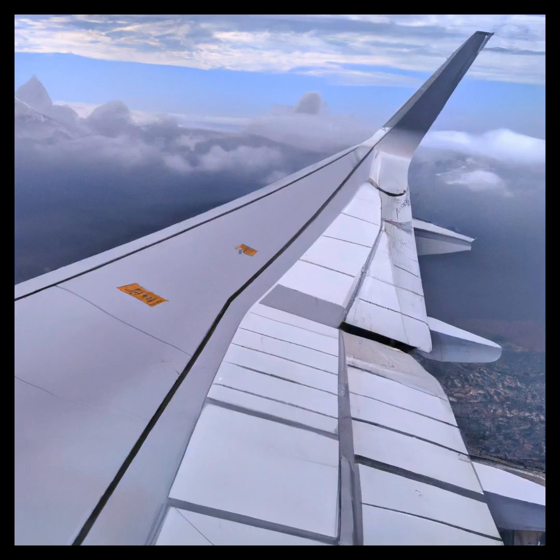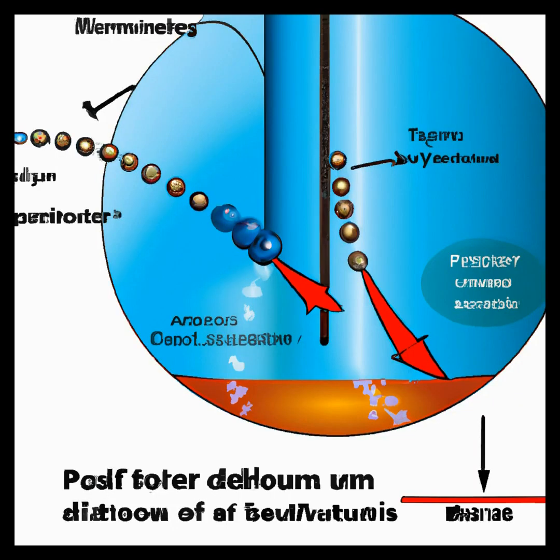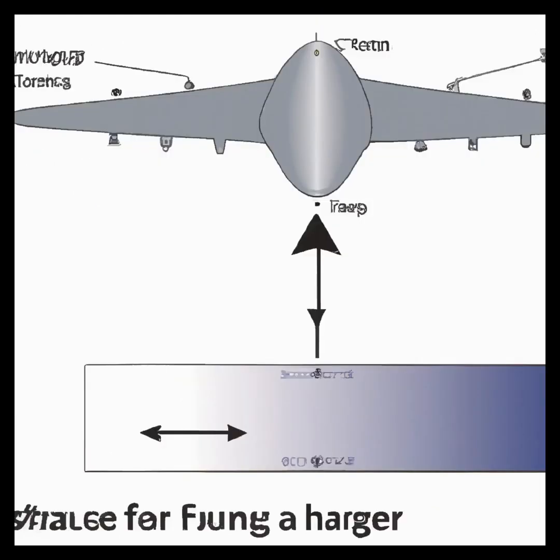When air flows over the curved surface of the wing, it has to travel a greater distance over the top of the wing than it does underneath the wing. This creates a region of lower air pressure above the wing and a region of higher air pressure below the wing. According to Bernoulli's principle, the pressure of a fluid, in this case, air, decreases as its velocity increases. As a result, the lower pressure above the wing creates an upward force on the wing, which is the force